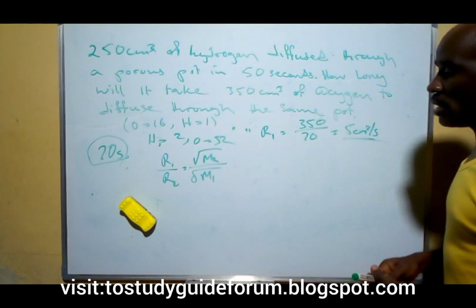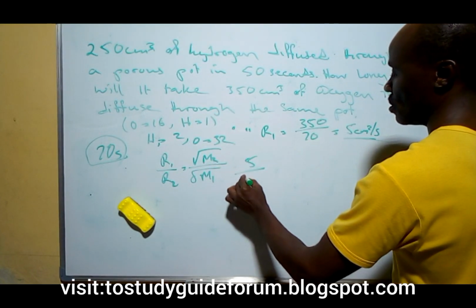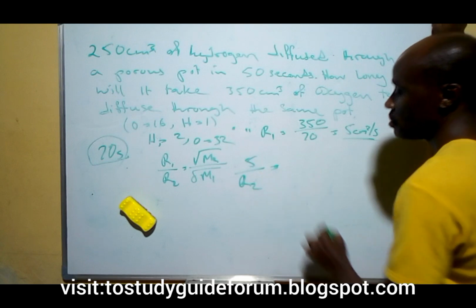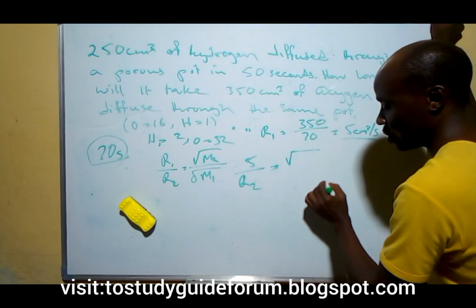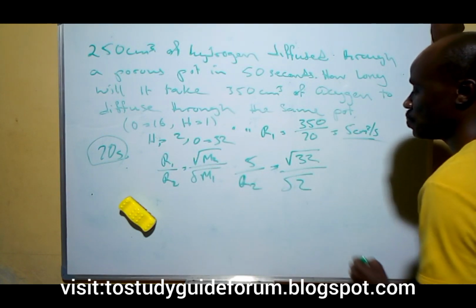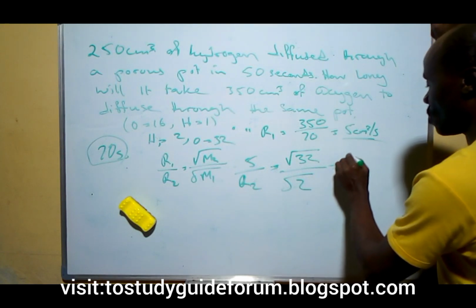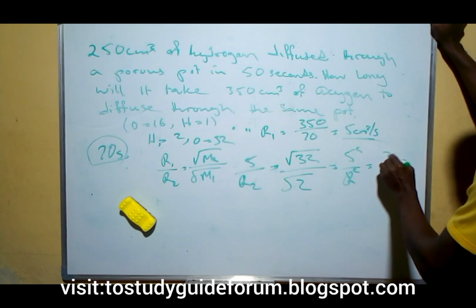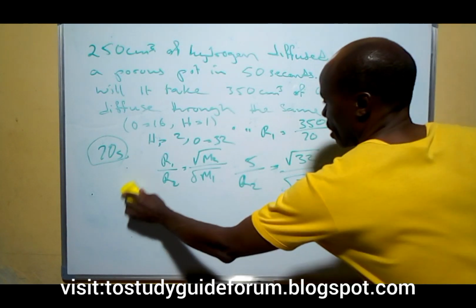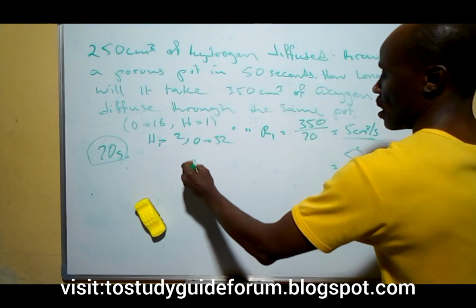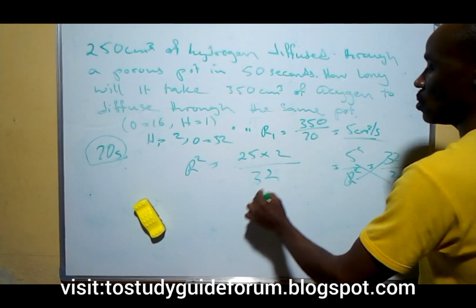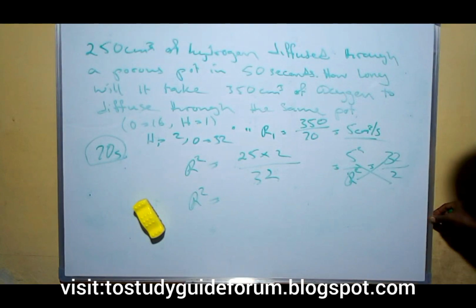So we can now go ahead to solve it using our second formula. The rate for hydrogen is 5 cm cube a second, then the molar mass of oxygen is 32, and that of hydrogen is 2. If you square both sides, it will be equal to 5 squared over rate squared equal to 32 over 2. So we'll move it around, making r squared the subject of the formula. r squared is equal to 25 times 2 over 32, because we square this. So what we'll get at the end of the calculation will be